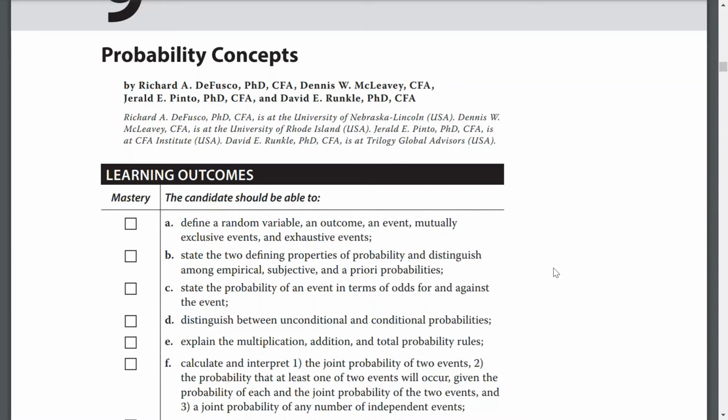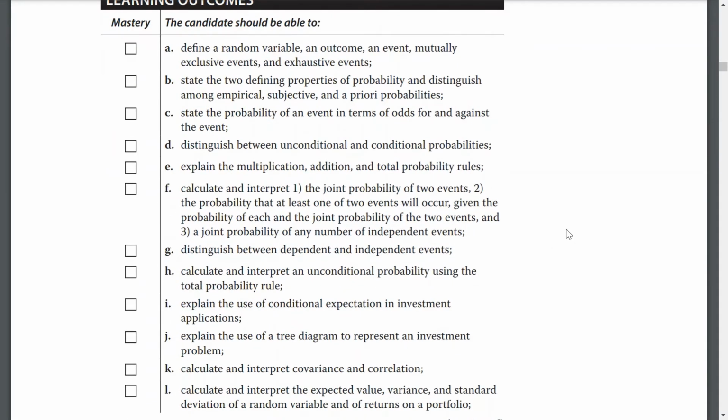State the probability of an event in terms of odds for and against the event. Distinguish between conditional and unconditional probabilities. Explain the multiplication, addition, and total probability rules. Calculate and interpret the joint probability of two events, the probability that at least one of two events will occur, given the probability of each and their joint probability, and a joint probability of any number